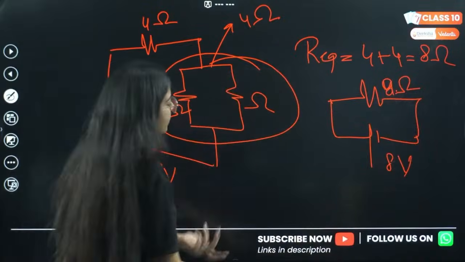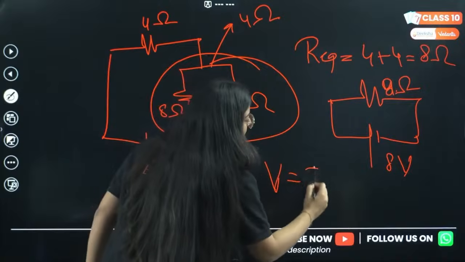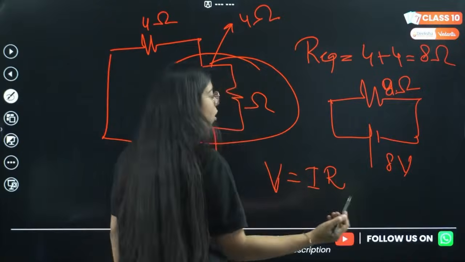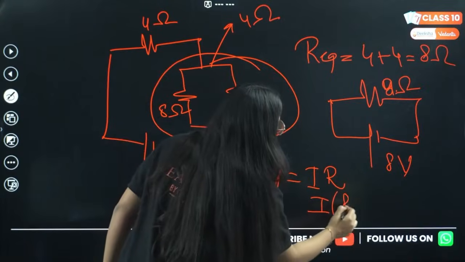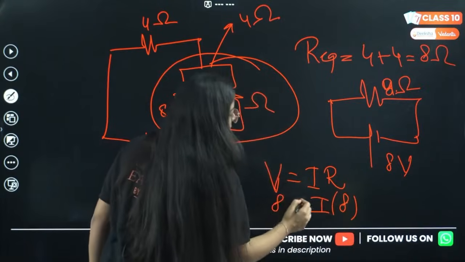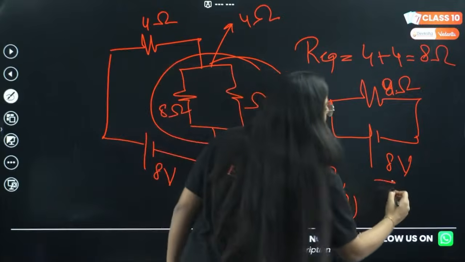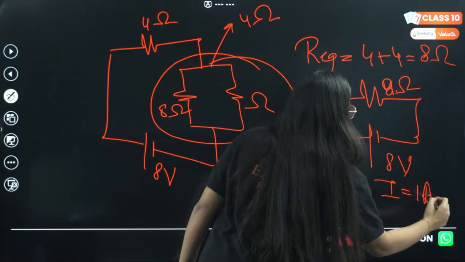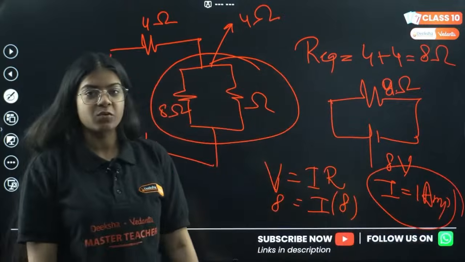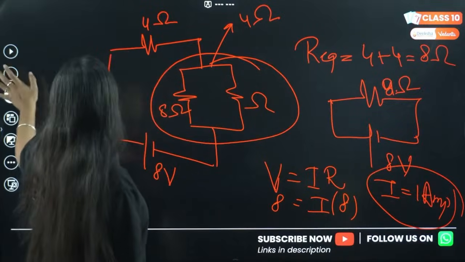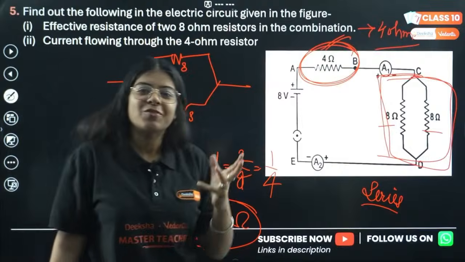Now I need to just find current, which I will do with Ohm's law. Current I need to find. I have 8 ohm resistor and I have 8 volt. So from this my current will come out to be 1 ampere. Correct? Now current in the whole circuit is 1 ampere, but just in 4 ohm, ma'am, 4 ohm and the